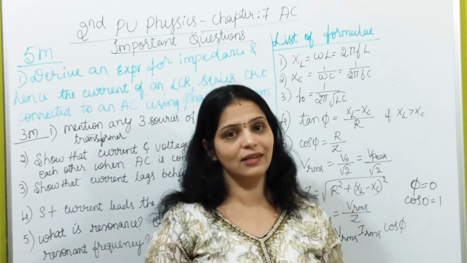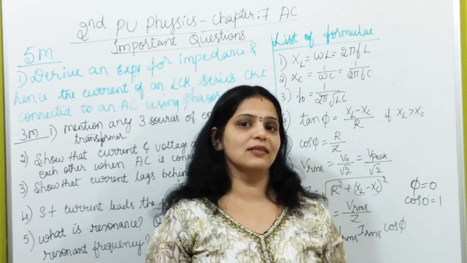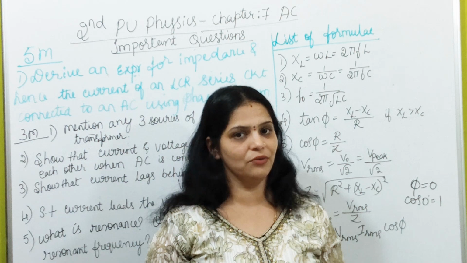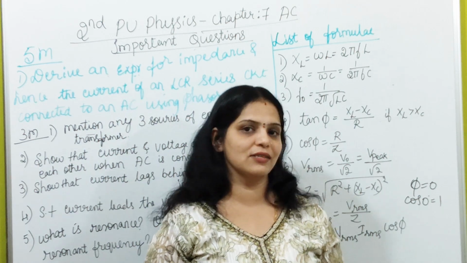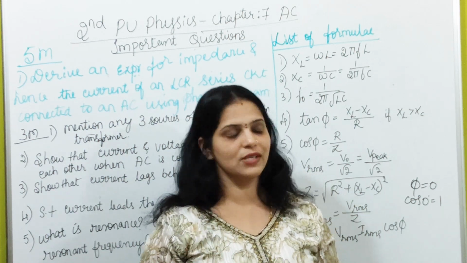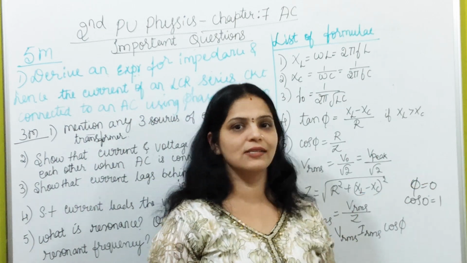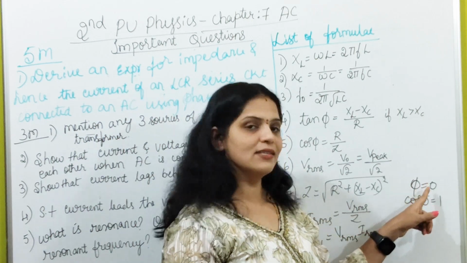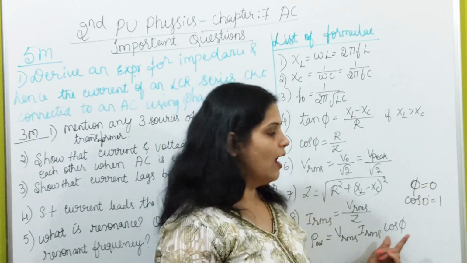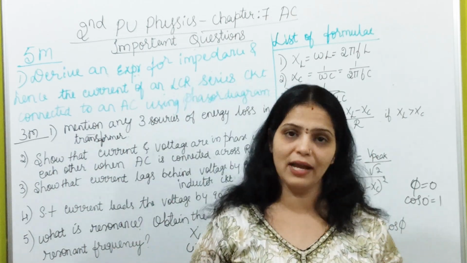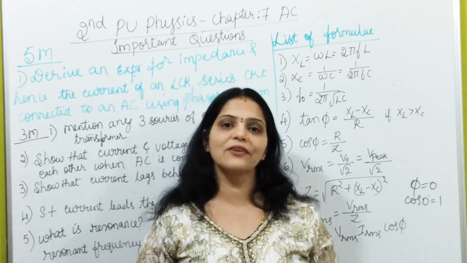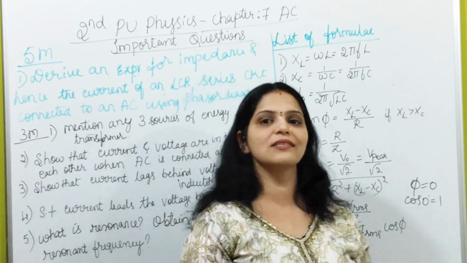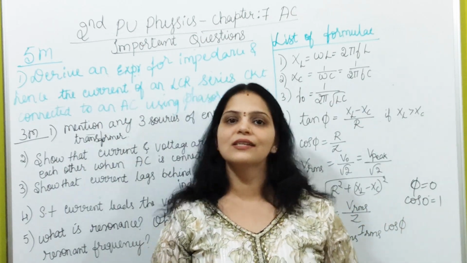This is also one of the important 3 marks questions. What are the power factors across a pure resistive circuit, pure inductive circuit and pure capacitive circuit? A 3 marks question, or in MCQ you can expect this question. Power factor in a pure resistive circuit is 1 because phi is 0. Phi is the phase difference between voltage and current. It is 0 because both are in phase. So cos 0 is 1. And phi is 90 degrees in both the capacitive circuit as well as the inductive circuit. Cos of 90 degrees is 0. So power factor is 0. If you substitute power factor 0, then average power dissipated across a pure inductor and pure capacitor is 0.